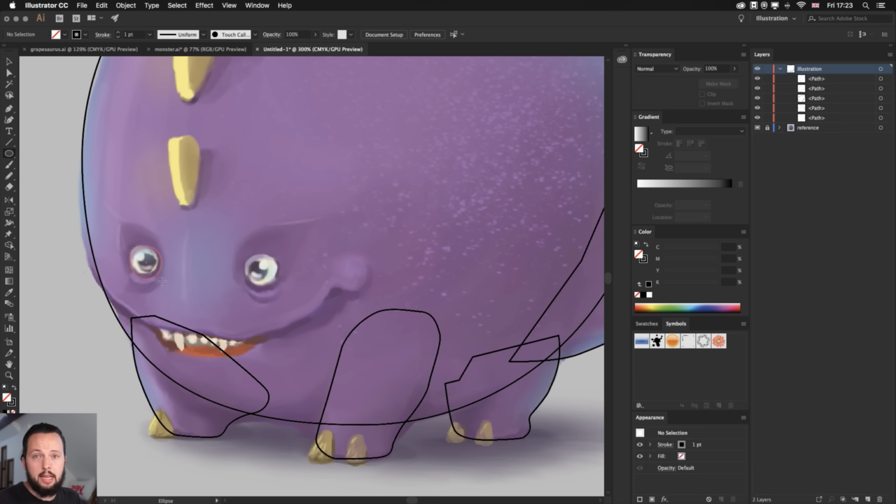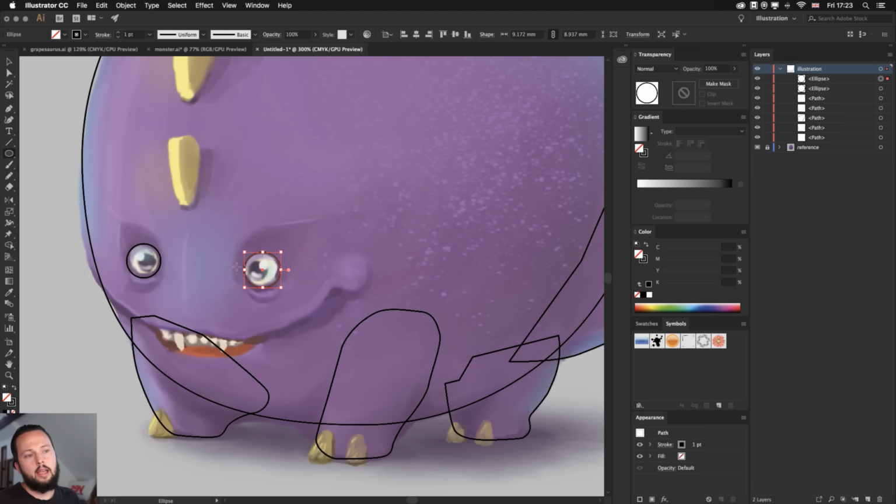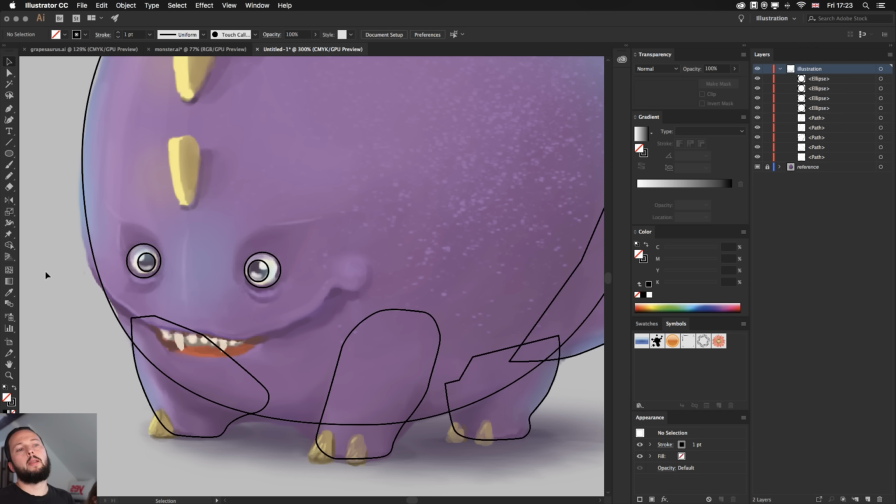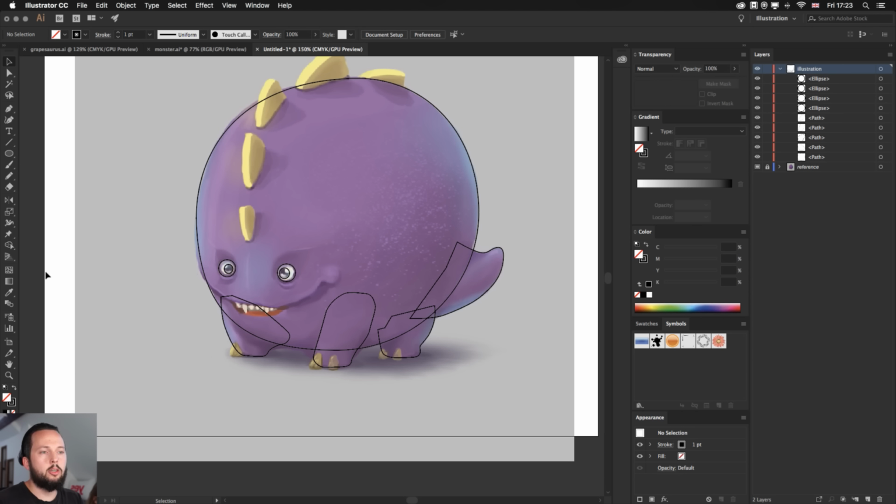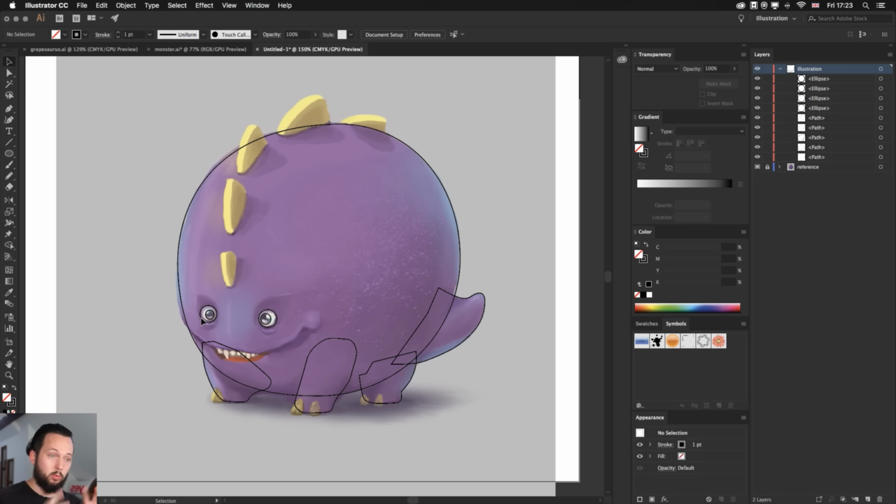Using the ellipse tool and using the space bar, I'm just going to draw the first one there, and then draw the next one there, and I will also draw in the iris, so I can see where it is. There you go. So we have those details in place, and then we can come back to the mouth and also the additional details later. But for now, we have the most important or most crucial elements already in place.